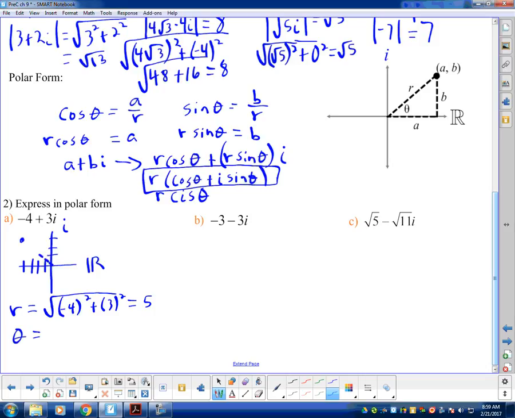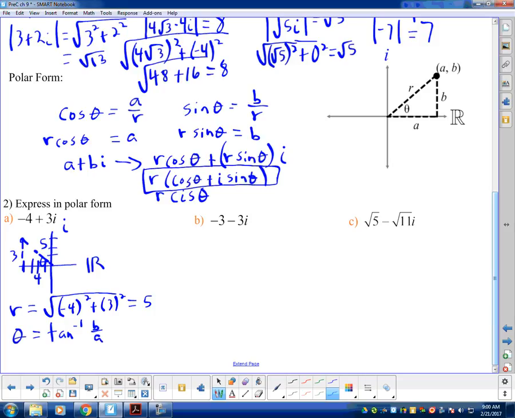Let me draw it. Here I found this is 5. We know this is 3, and we know this is 4 here. Here's theta. If I want to find theta, and I have a right triangle, the opposite side is 3, the adjacent is 4. You could actually even use sine or cosine to find it, but typically we use tangent. So I have theta equals inverse tangent. Now, here's the thing, guys. It's inverse tangent of, we'll just write down the formula, b over a,